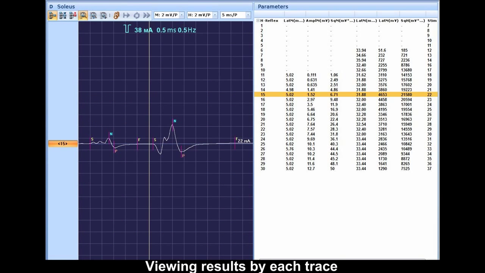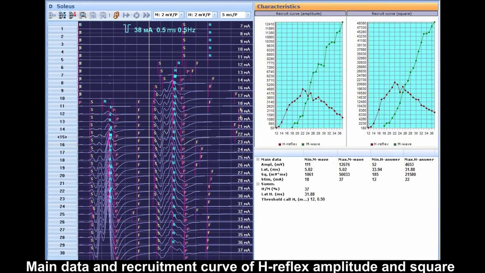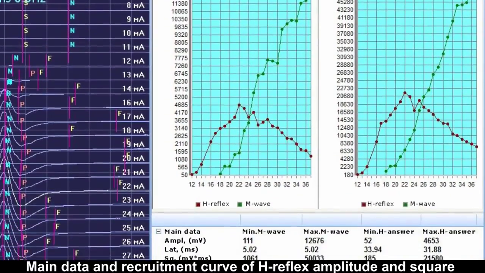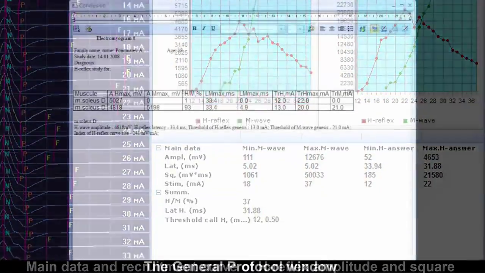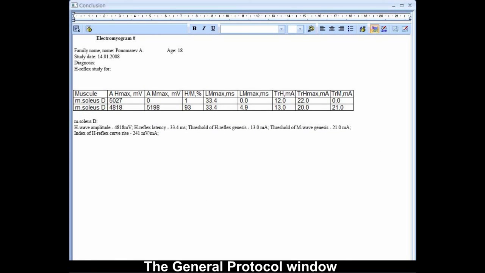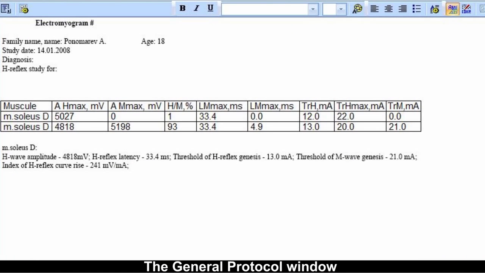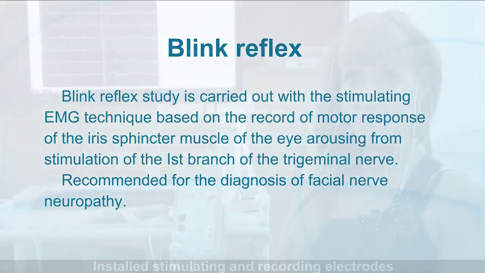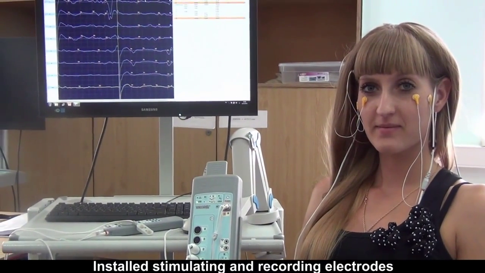Main data for the analysis are presented in the form of graphs of H and M responses amplitude dependence on stimulus intensity value. Record and stimulation parameters, integral tables data, and test conclusion are automatically included in the comments of general protocol. Blink reflex study is carried out with a stimulating EMG technique based on the record of motor response